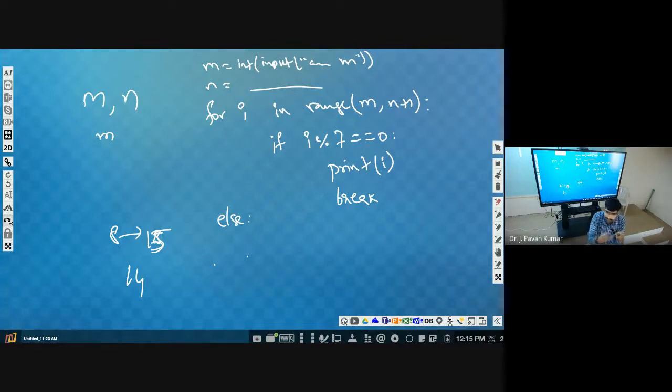Whenever the loop is terminated normally as intended, like 1 to 10 means 10 times if it is completed, then only else will be executed. This is straightforward. You remember this one sentence, that's it. If the loop repeats all the 10 times, then only else will be executed. If break is executed, then else will be ignored, else will not be executed.